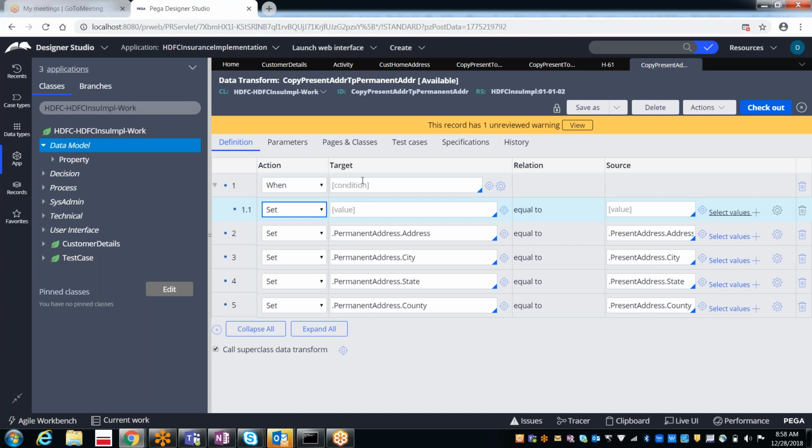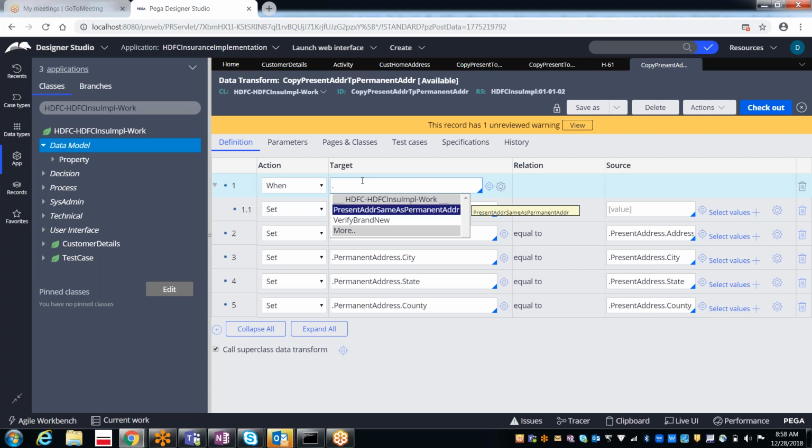Under the when rule, what do you have to do? Dot. What it is showing is: verify whether present address is same as permanent address. What is this? Can someone tell me what this is?